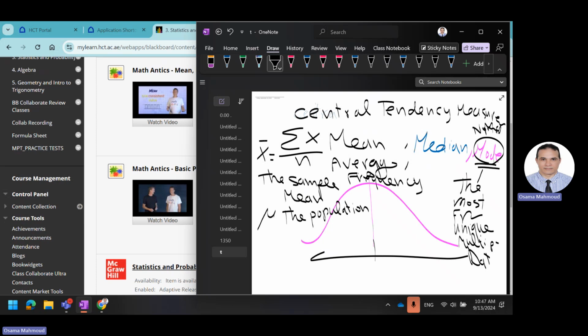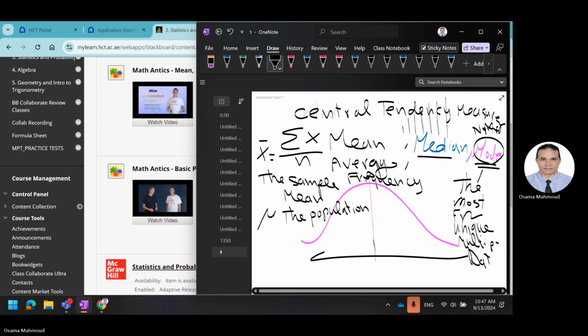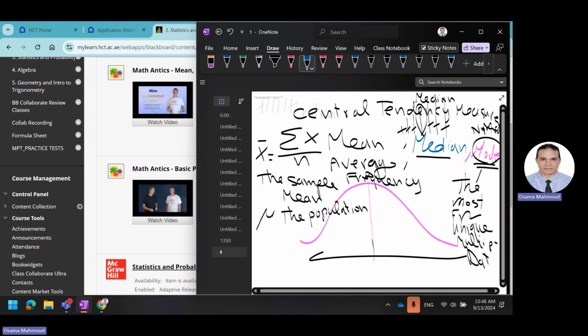But to have the median, you have to sort your data, ترتب البيانات بتاعتك. When I'm ordering my data first to have the median, I cancel out one from here, one from here, one from here. I'm lucky because this is the median, because I have an odd number of data, right? But if you have an even number of data, if you order them,